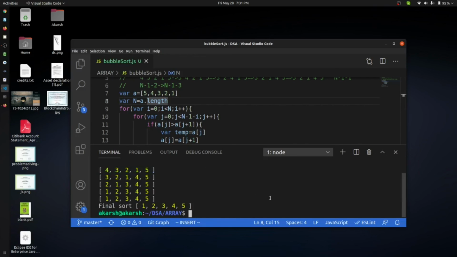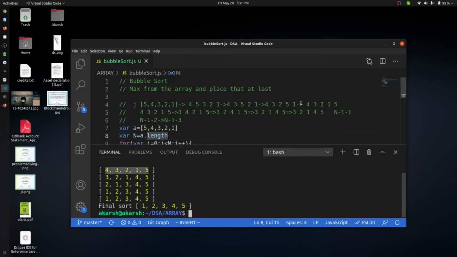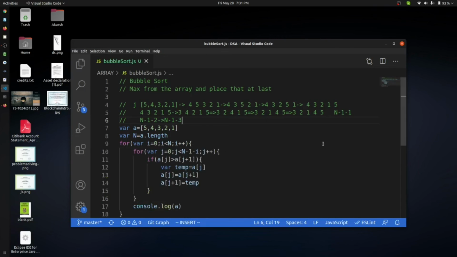You can see that the first output is 4, 3, 2, 1, 5, which is exactly the same answer we found here, and after that 3, 2, 1, 4, 5. And at the end we have the array sorted in ascending order. If you want to do it in descending order, you can just reverse this comparison.